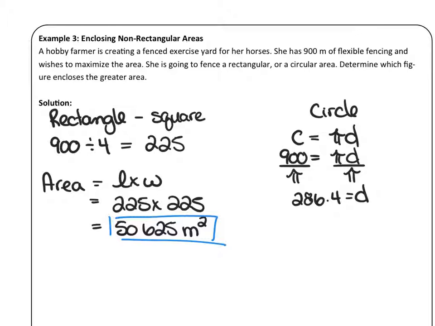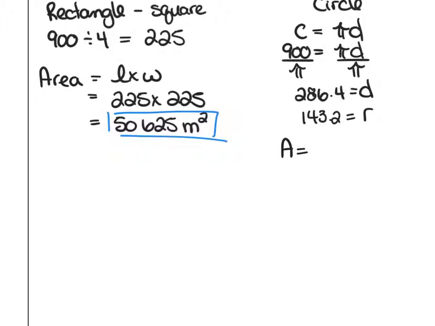So we know the diameter is across. Our radius is half of that. So let's calculate that because we're going to need it to find our area. So that gives us a radius of 143.2 approximately. And then our area, if you remember, is pi r squared. So we'll calculate our area and we'll see if it's any bigger or smaller than the square that we have. So 143.2 squared times pi is